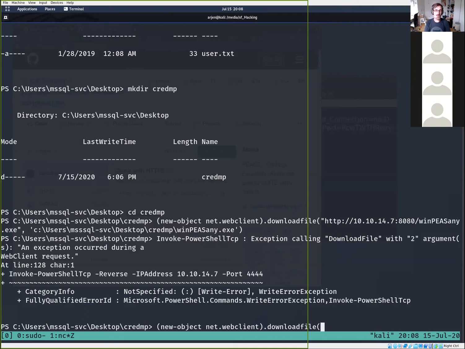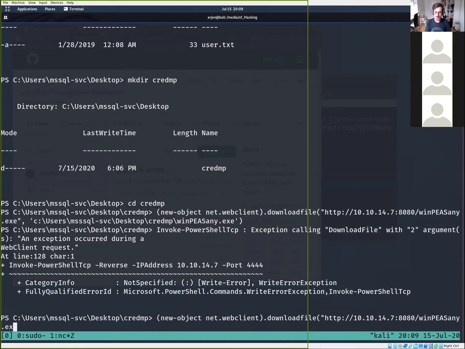On normal Windows, it would actually yell at you with different error messages. Let's type port 8080 WinPEASany.exe. Close that. Very good. C colon/Users MSSQLService Desktop